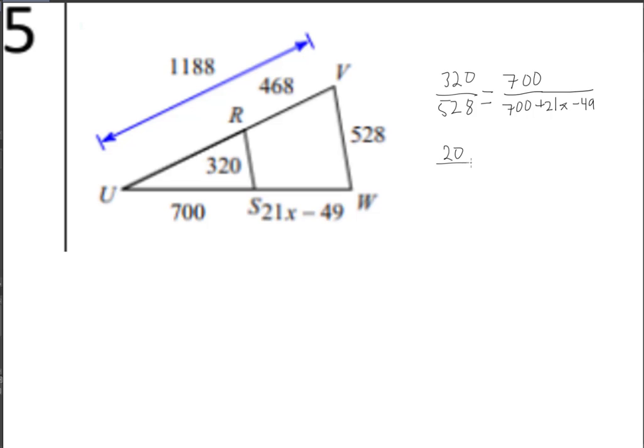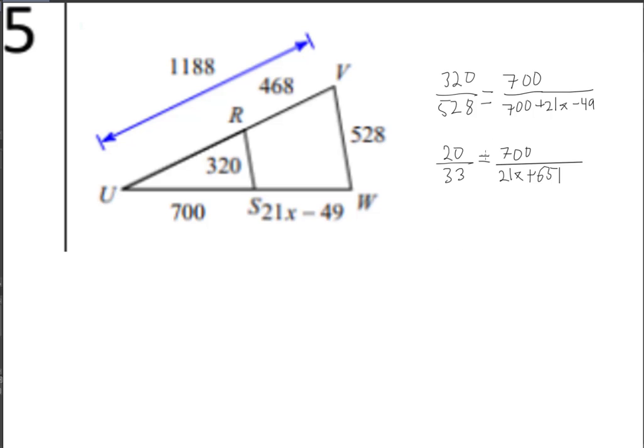Even the little four-function calculators in our classroom can do that, okay? So 20 over 33 is equal to, and you could have kept doing it by dividing by 2 and stuff like that, but just to be a little faster, 20 over 33 is equal to 700 over, I could go ahead and add these together. I'll get the 21x, right? 700 minus 49. What is 700 minus 49? Minus 49 is equal to 651, okay? So plus